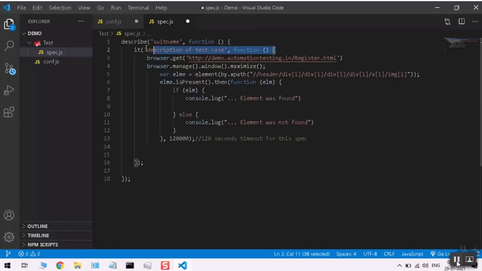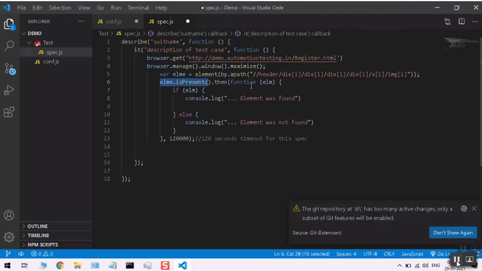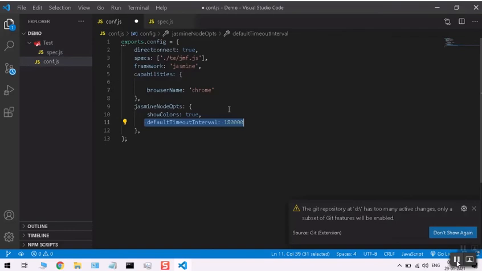If you have a look, you will easily understand. describe and it, both are Jasmine framework. describe tells about testing, so we can consider it as a suite. It is the description of the test case, so based upon our requirement, we can give the name. Then here, element is present. If the element is present, it will get into the first block, else it will get into the next block, the else block. This is a very simple program only.